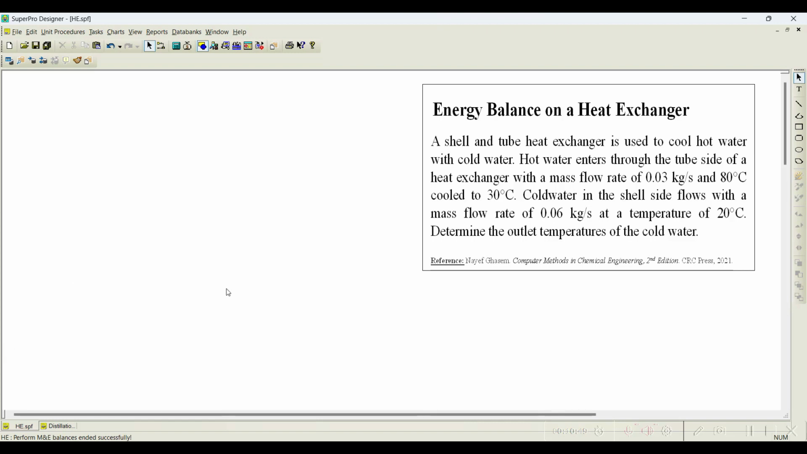So all the details are given. According to this problem statement, hot water enters through the tube side and cold water enters through the shell side. And three temperatures are given, that is hot water inlet temperature, hot water outlet temperature, and also the cold water inlet temperature, as well as the flow rates of hot water and cold water. Basically, from this problem statement, we understand that water is the only pure component involved in